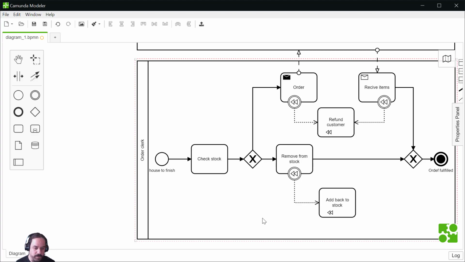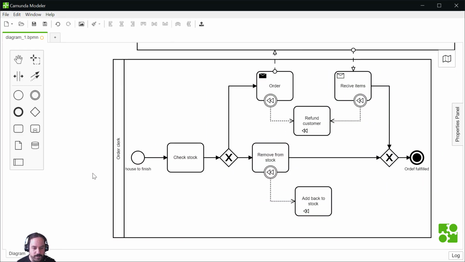executing the linked subprocess. So here, if we see the order, we send the order and then to the third party, and then something wrong happened, then the undo action will be to refund customer. So we refund.